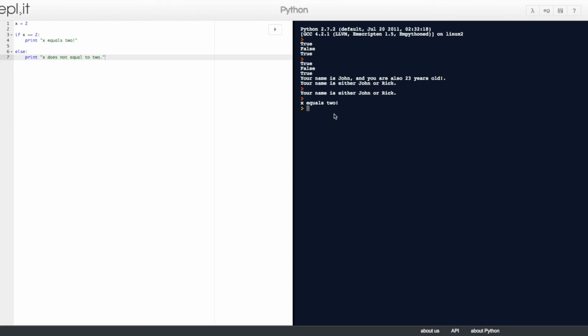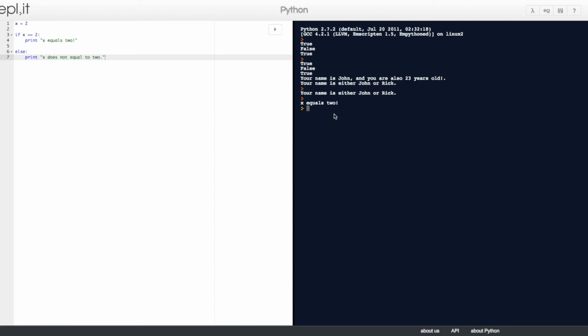A statement is evaluated as true if one of the following is correct. Number 1 is that the true Boolean variable is given or calculated using an expression, such as an arithmetic comparison. Number 2, that an object which is not considered empty is passed. So here are some examples for objects which are considered as empty. Number 1, an empty string. Number 2, an empty list. Number 3, the number 0. And number 4, the false Boolean variable, which is false.